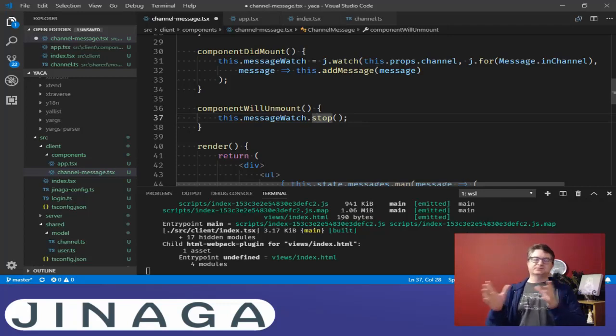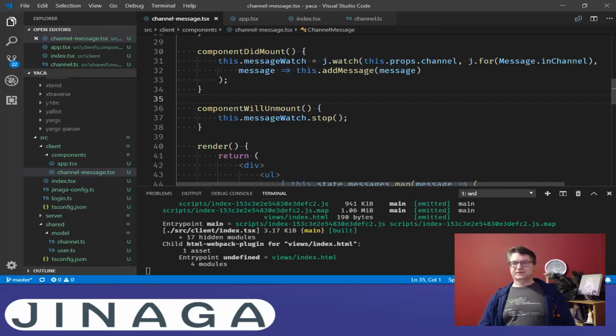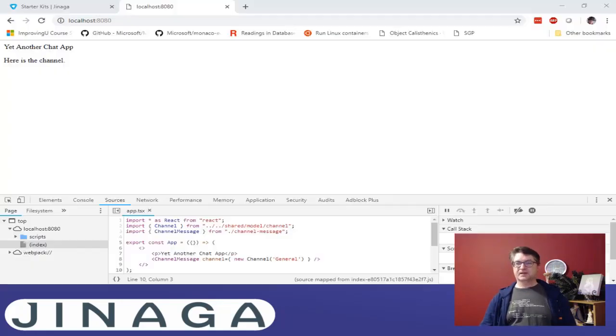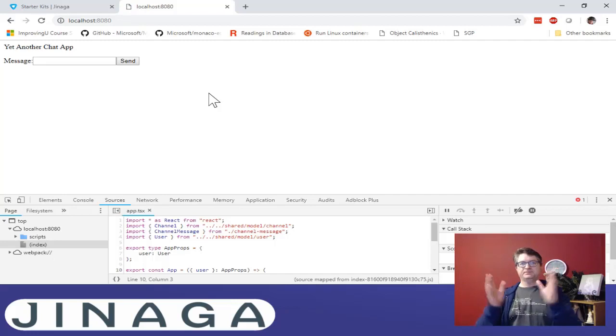This will stop watching for any new messages happening inside this channel. And so if I tear this component down, bring up a new component looking at a different channel, I'm not going to get a whole bunch of chatter. I will stop listening for messages. Okay, all of that seems to be green. And if I take a look at the internet chat app message,